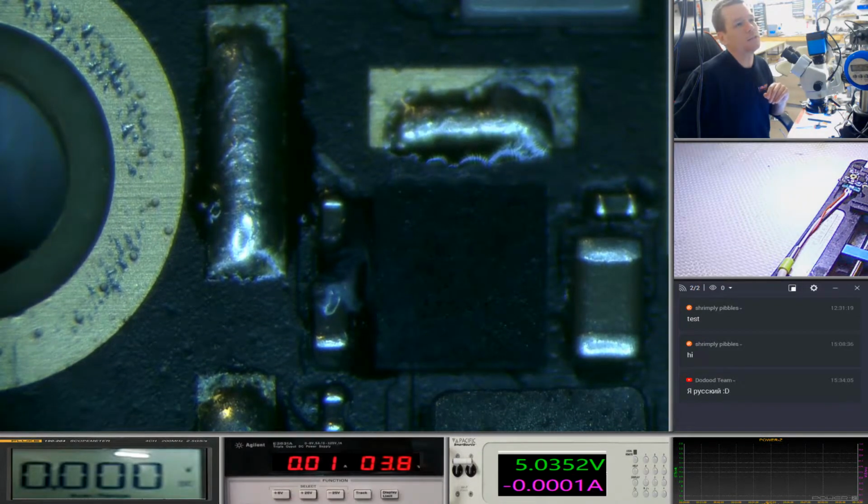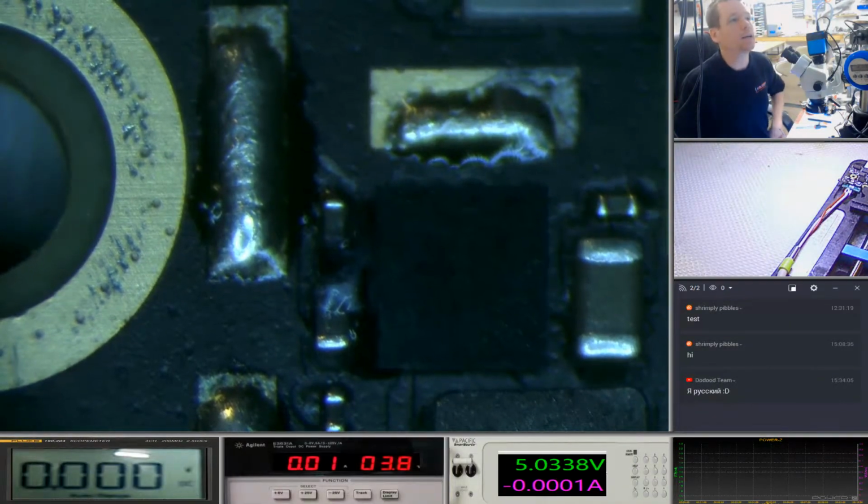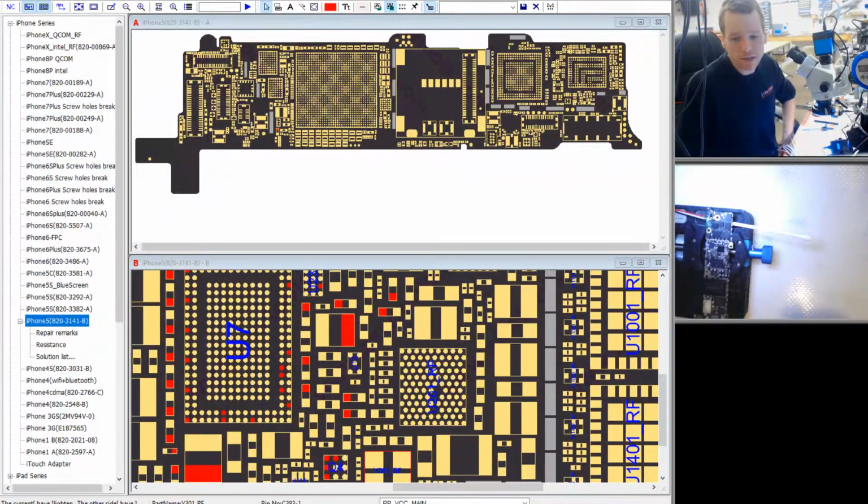So what's happened is VC main and VC bat, one of them's gone to ground, so it's causing heat, which has just evaporated that. This is the thing that does the damage. It will cause that IC to run red hot, and what's happened is it's been dragged underneath the chip, and everything underneath that IC now is connected. So if we go over to ZXW,